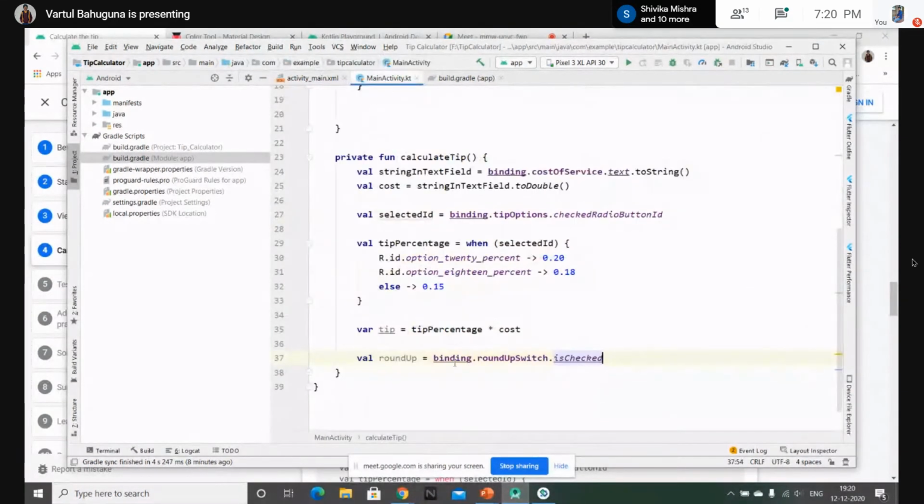Yes, we are getting information from this switch whether it is checked or not. So how we are doing that? Using the binding variable, binding dot roundup switch. That's the id of the switch. Dot isChecked. Now this isChecked function will return something, true or false, that is stored in roundup. And if it is true, so if roundup,